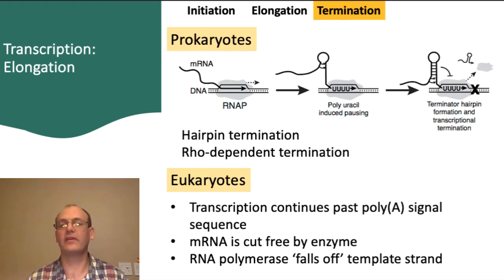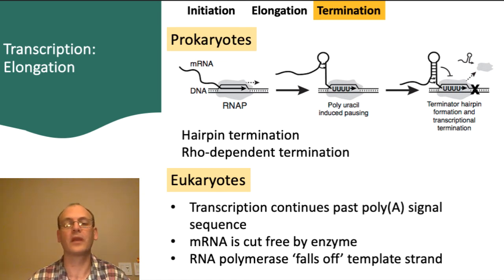When the RNA polymerase has completed transcribing the gene, transcription terminates. In bacteria, the signal to terminate transcription is intrinsic to the mRNA that has been produced. The mRNA forms a hairpin loop, and the loop, in coordination with the particular sequence that's currently in the polymerase, causes the polymerase to pause and may terminate transcription. Another mechanism, called Rho-dependent termination, involves a protein called Rho identifying the termination signal and causing the polymerase to stop transcribing.